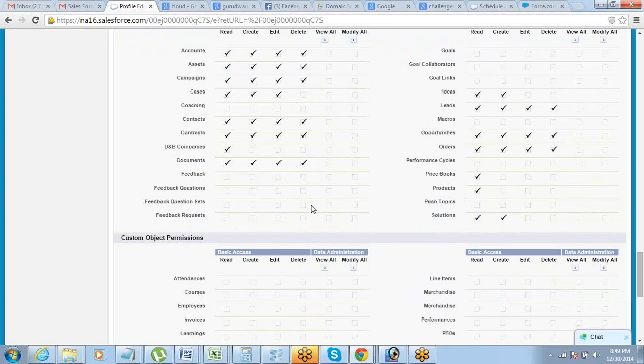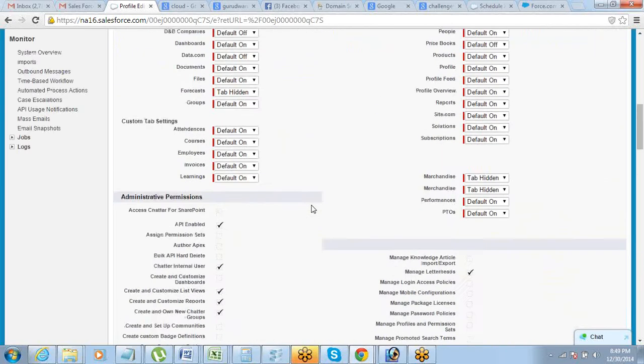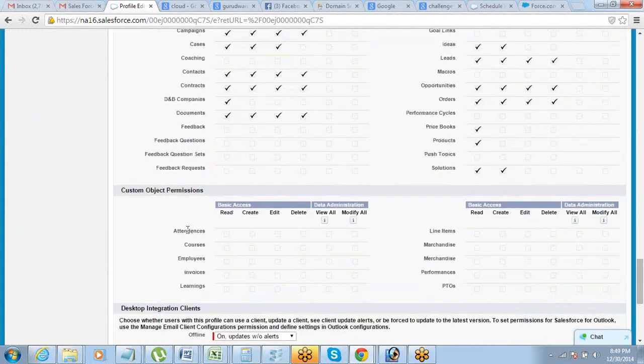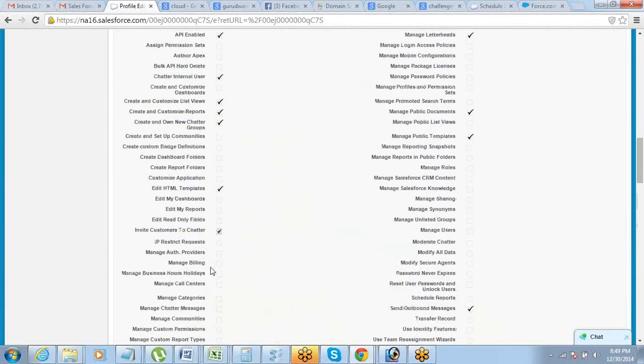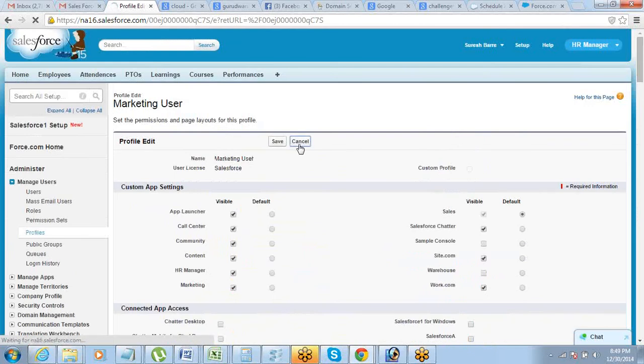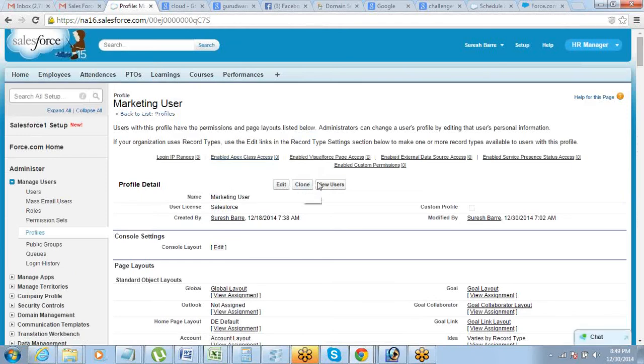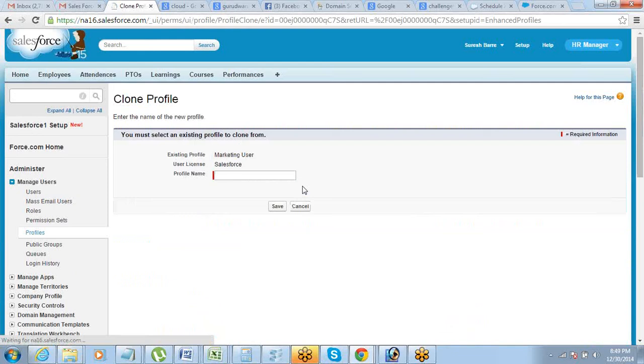custom profile. Okay. So for example, I feel that all the things which I have here in the marketing user profile are fine, just that I want these marketing users to have access to these objects as well, which is not here. Then what I'll do is I'll just need to clone it. So how will you clone this? Basically creating a new profile by cloning this. You can come to this profile, click on clone, and you can give it a name, marketing user custom. I call it custom marketing user profile. Done.